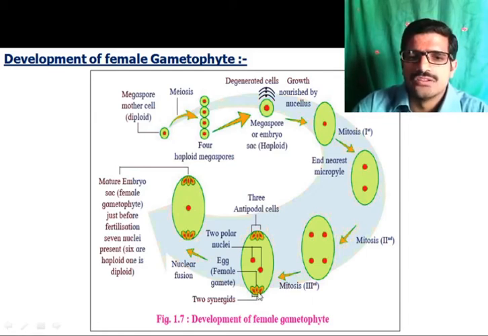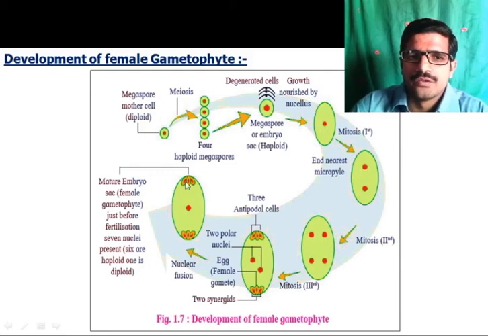And these are the two synergids. They consist of the filiform apparatus. These two synergids play an important role in attracting the pollen tube. The two polar nuclei or secondary nucleus fuses with the second male gamete and forms the triploid endosperm.